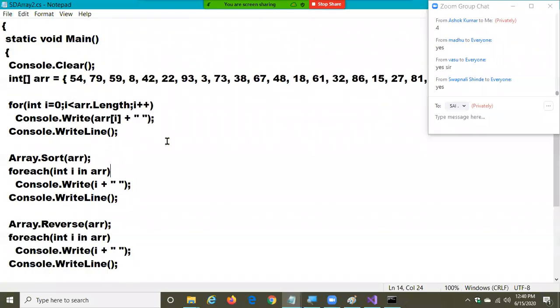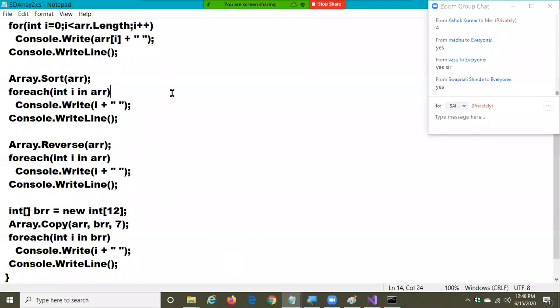Without writing the code four times, why can't I write this code in a local function and call it four times? Did you get my question? Four times you're repeating the code. Without that, my idea is simply to write this code in a local function and call it. Is it going to eliminate the redundancy or not?